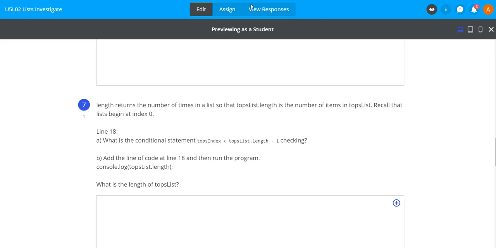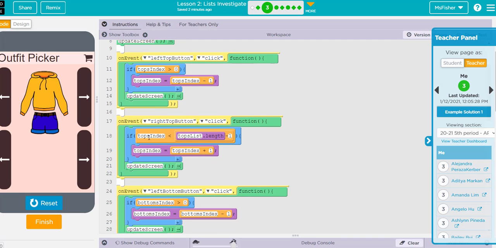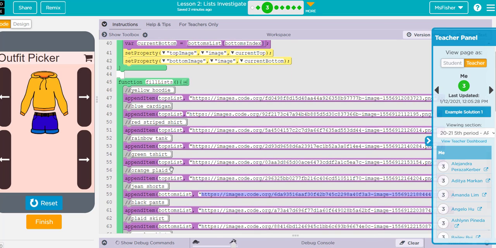Okay, so this is line 18. If you go to line 18, if the tops index, okay, so let's take a look at the tops list, and we currently have 1, 2, 3, 4, 5, 6 tops, right? If you reset and run, we got 1, 2, 3, 4, 5, 6. Okay, this is the 6th item, and it's at index 5. So